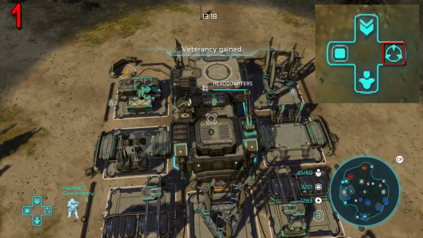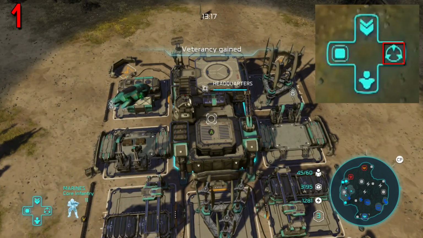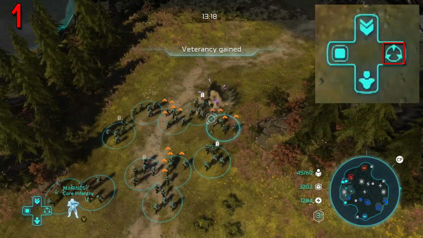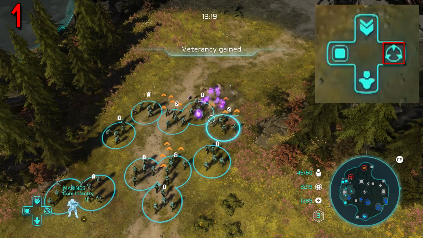Right on the D-pad takes you straight to the action. This command is vital for managing multiple armies because if one falls under attack, you can jump to it immediately and retaliate as quickly as possible without having to look around the map to find out which army